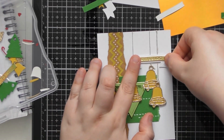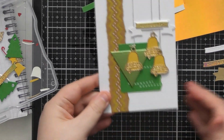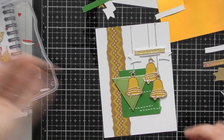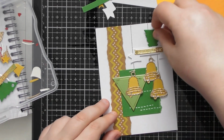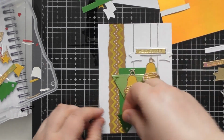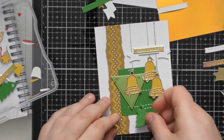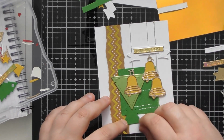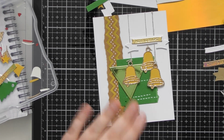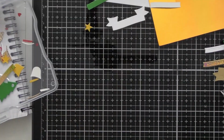Okay, and then I think just putting it there like that is going to look good. I feel like maybe it does need a tiny bit more green, but I'm not 100% sure what green to put in there. Like, do you tuck a Christmas tree upside down? No, that's a bit too random. Okay, again, we'll come back to this one as well, see if we think it needs anything else after we